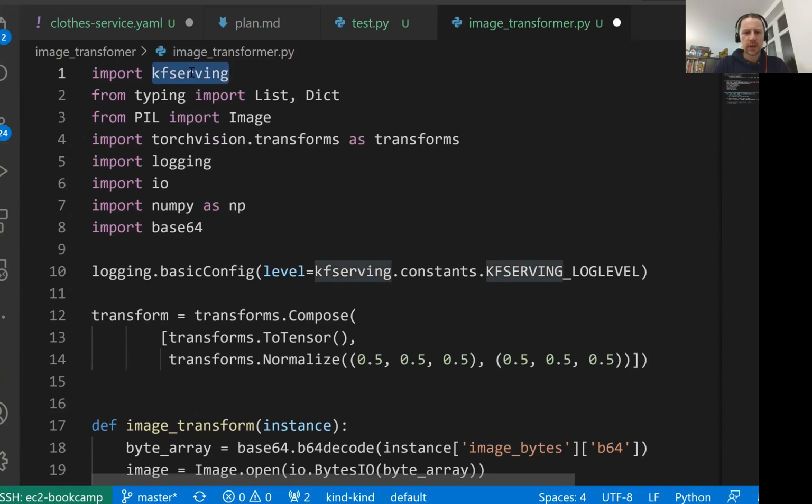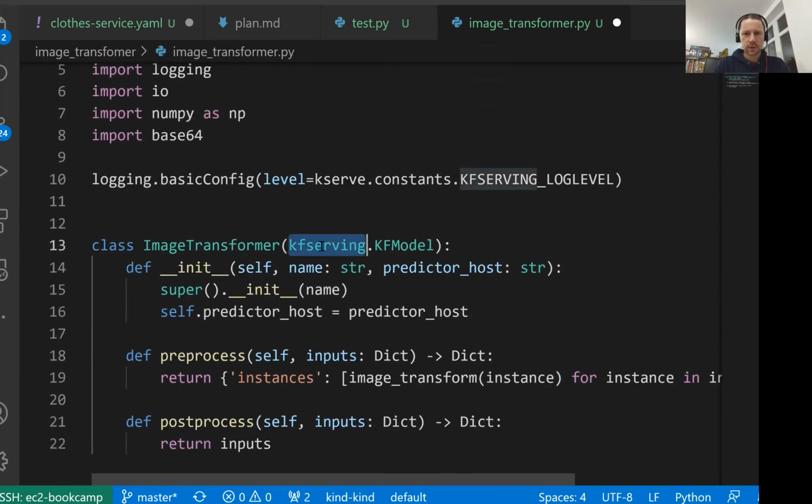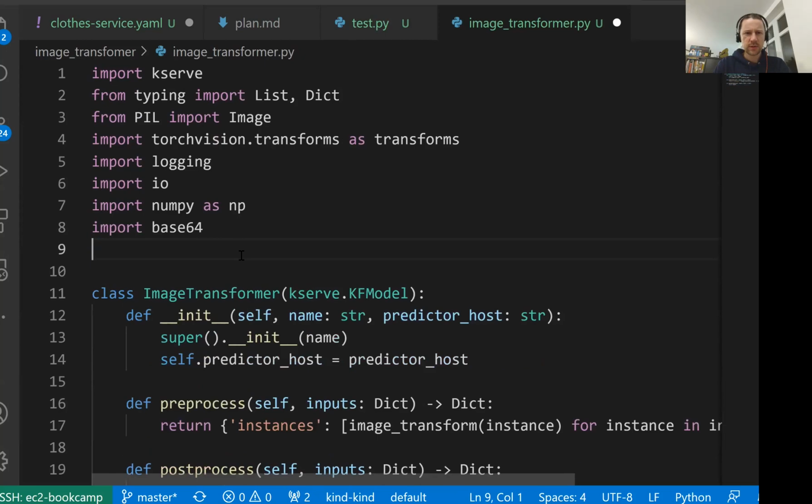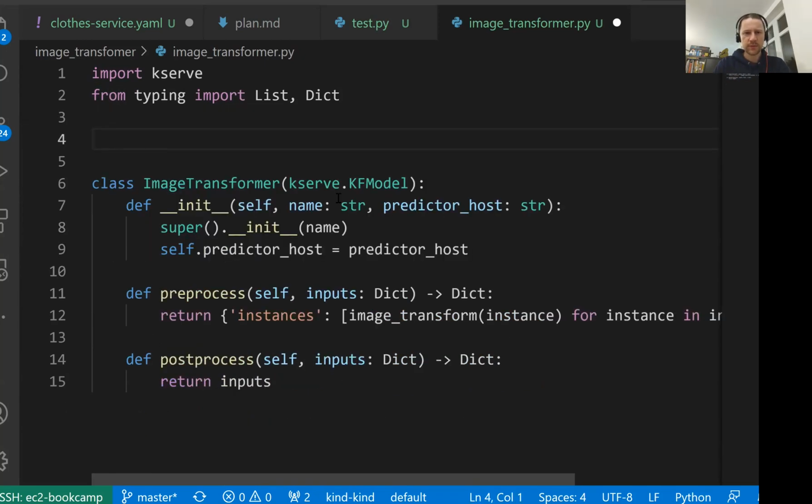And all this KServe I need to replace with KServe. Actually, I don't need this PyTorch stuff, and I need to replace this with KServe, and the rest I'll keep it like that. Actually, I also don't need this logging and this stuff as well. What I will leave is